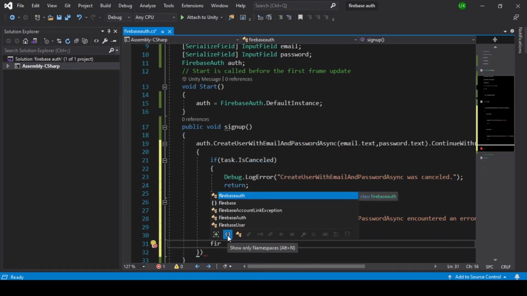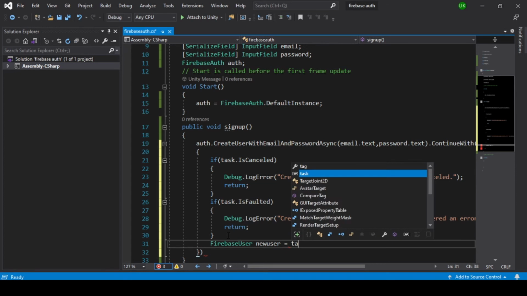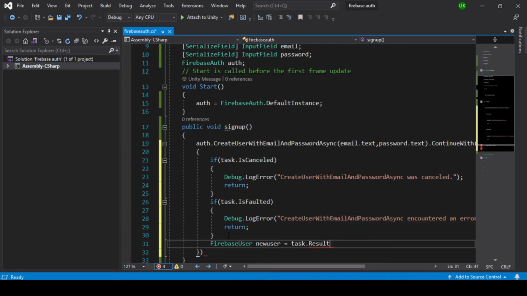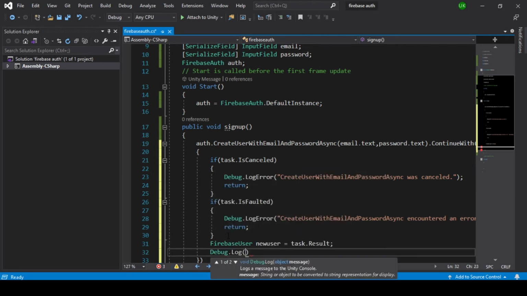FirebaseUser newUser equals task.Result. Debug whether the player is signed up successfully.